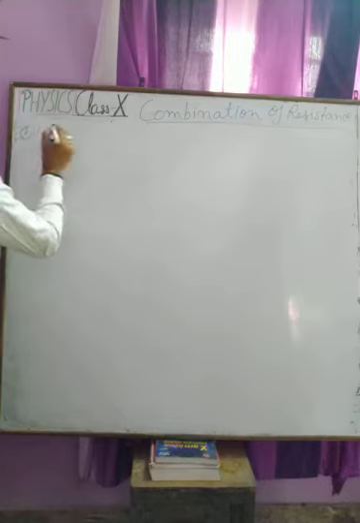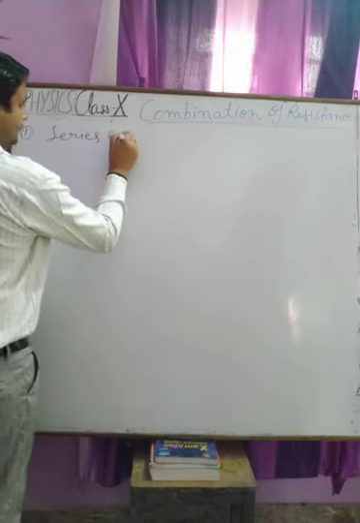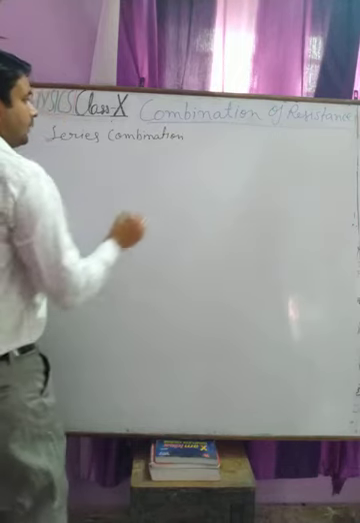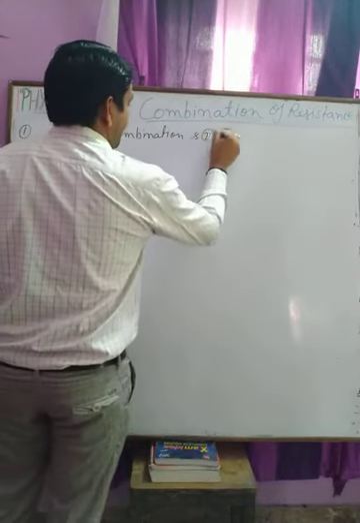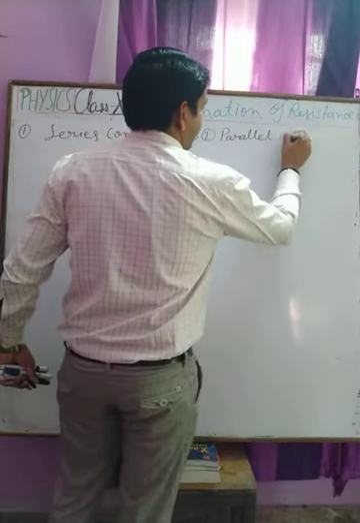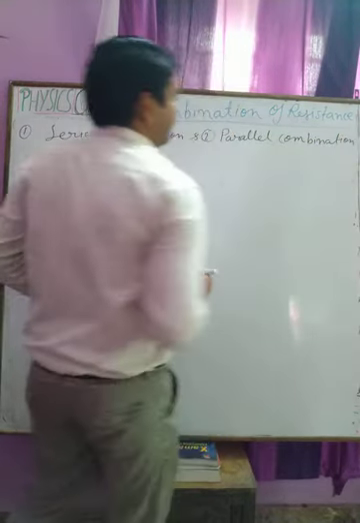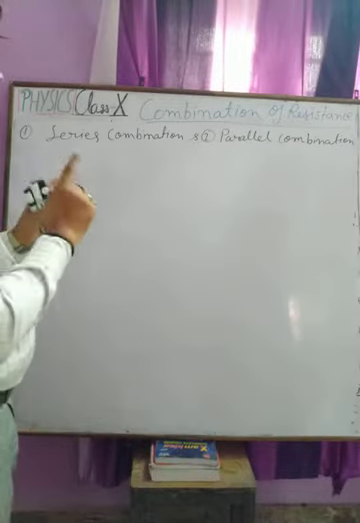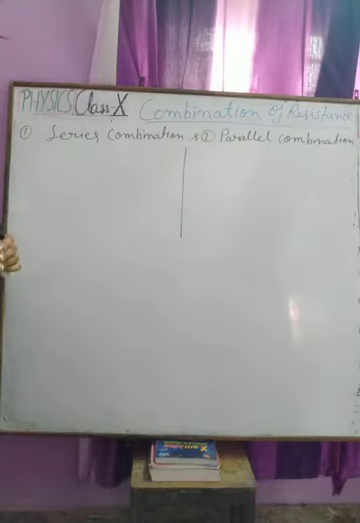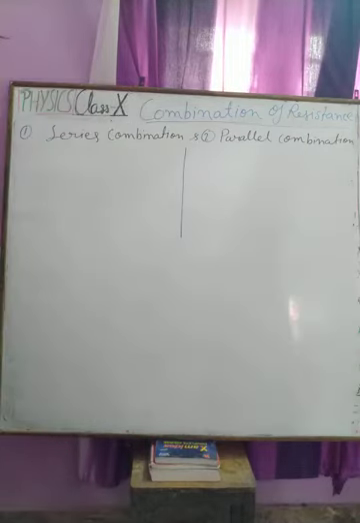One is series combination and the second one is parallel combination. Okay. Now first we understand both kinds of combination. What is the difference and what rule are we using. Okay. Now we have